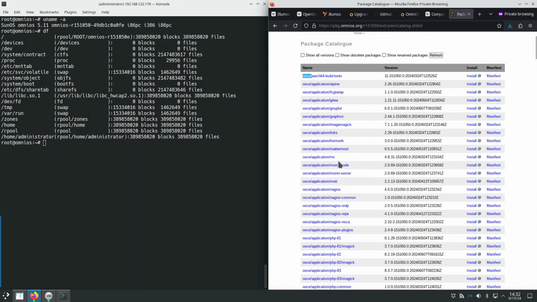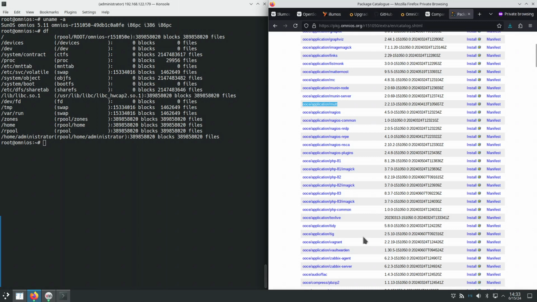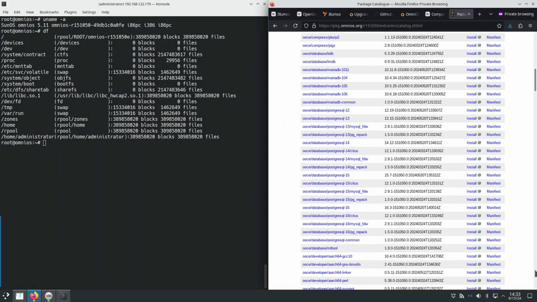I see command line tools, Midnight Commander, the mail client Mutt, web server software, PHP, automation, background, audio codecs, FLAC, databases MariaDB and PostgreSQL,